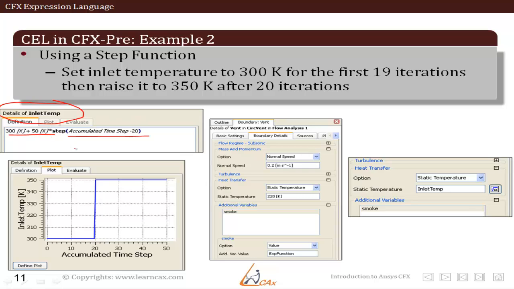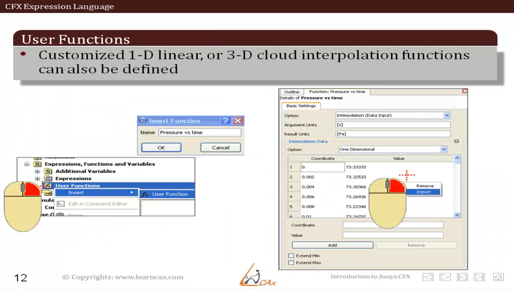So what will happen is this will be initially 300 for the first 19 and then it will be 350 after 20 iterations. So when we plot it here, we can view the expression, and then we have to go to the boundary condition, and instead of static temperature we input the expression. So for the first 20 iterations the temperature would be 300, then it will take boundary condition as 350 Kelvin. Using the CFX expression language, we can also define customized one-dimensional linear or three-dimensional cloud interpolation